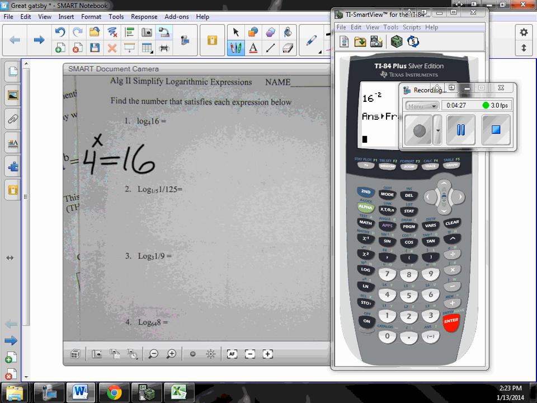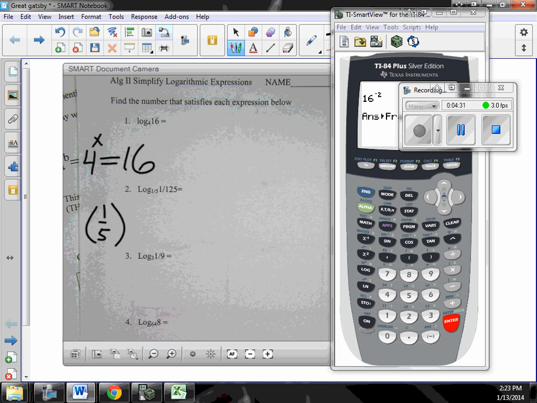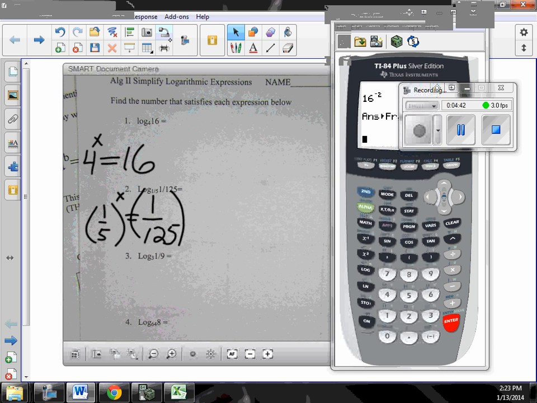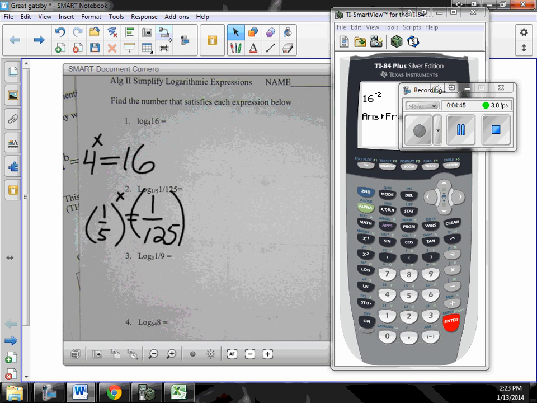The next one is asking 1 over 5. And when you're dealing with fractions, you need to put them in parentheses. 1 over 5 to what power equals 1 over 125? Well, did I flip it upside down? No, so it's not negative. Did I go from little to big or big to little? Well, it's a little bit tricky because